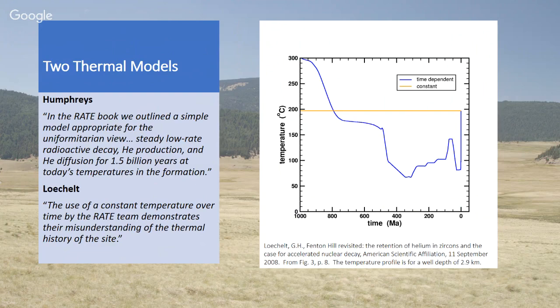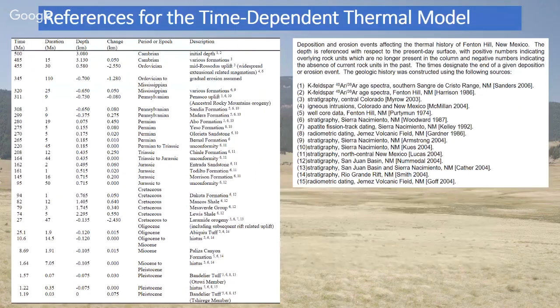What I really tried to do, and I'm not going to go through this in detail, but you can understand the thought process at least, was to go through the literature and find what were the major geological events at different time periods, looking at the stratigraphy, different formations, either at Fenton Hill or the surrounding area, because many of the rock layers might be missing here, but they are found in adjacent areas.